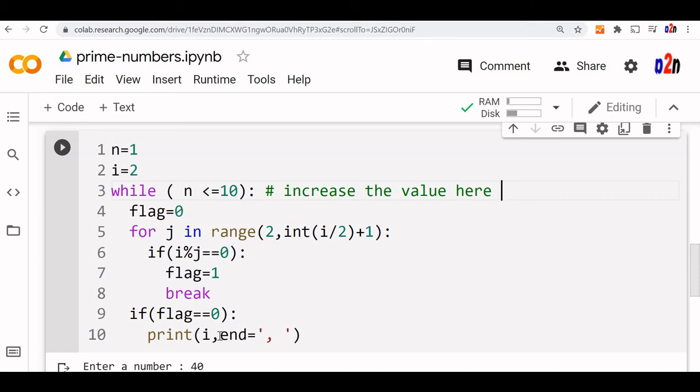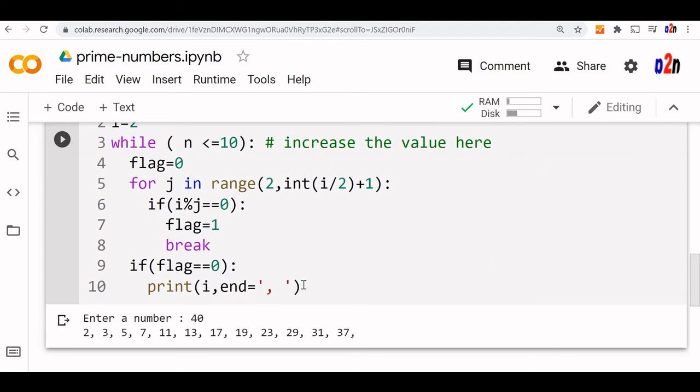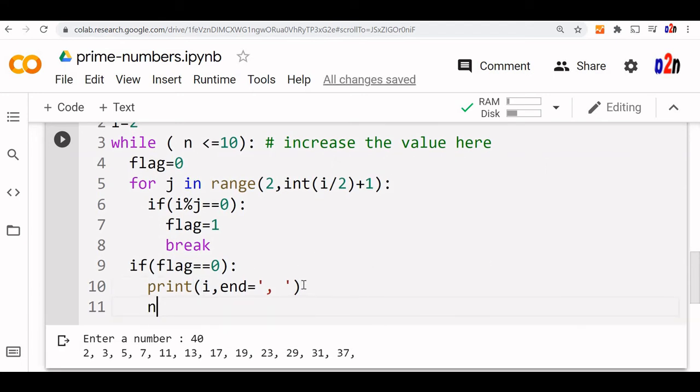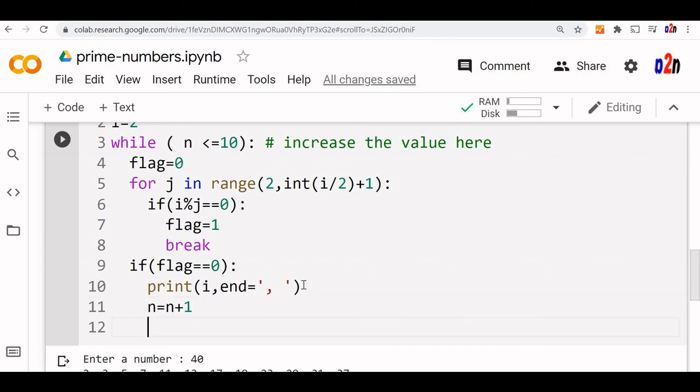This part remains the same, whereas now because we want to generate a fixed number, we'll increase our n equal to n plus 1. So once we get one prime number, the counter n will increase, but at the same time we have to increase the i value also, which in every loop will increase. So we'll put i equal to i plus 1. This is outside the if block. You can see the indentation is different. It is parallel to this for condition, so it is within the while loop. Every time the i value changes, but the n value will increase only when we get a prime number.